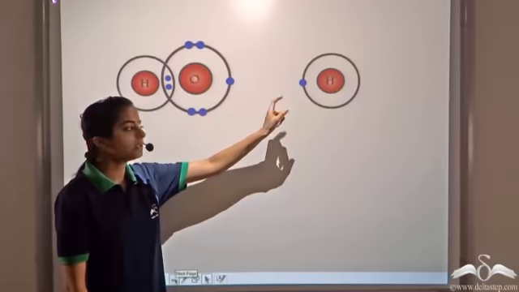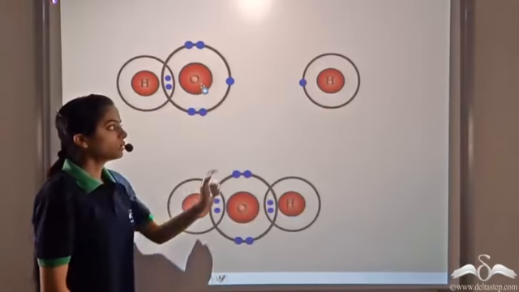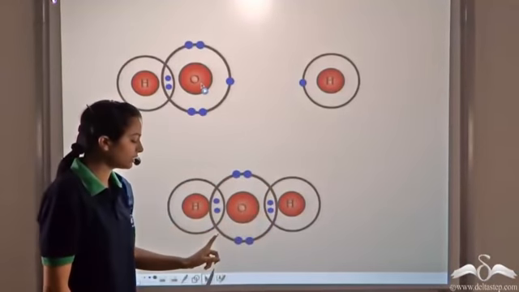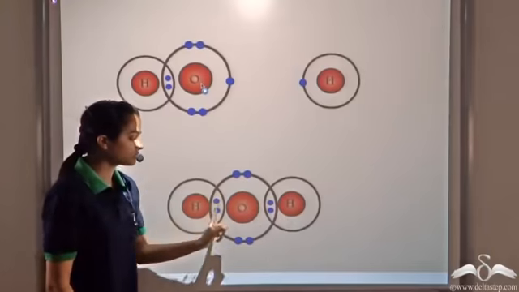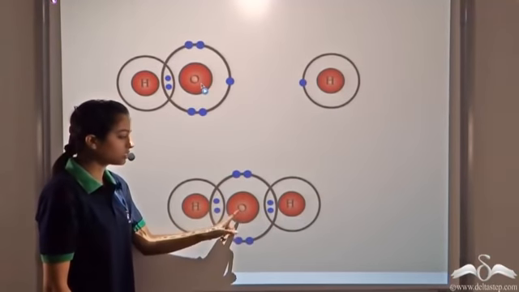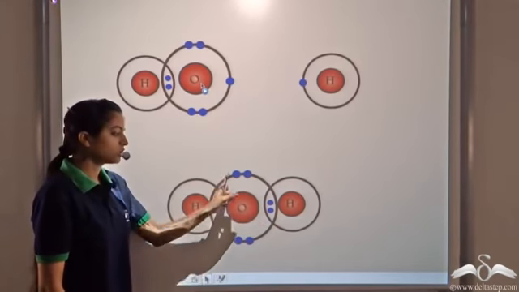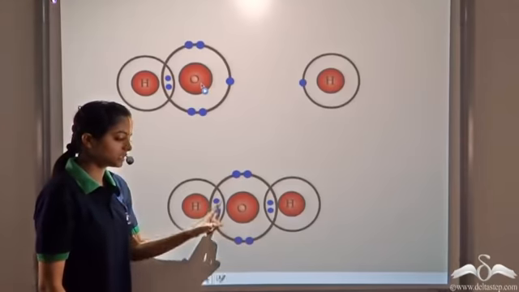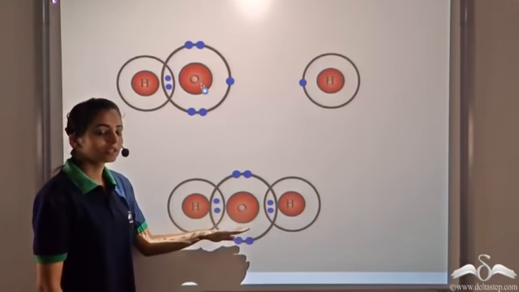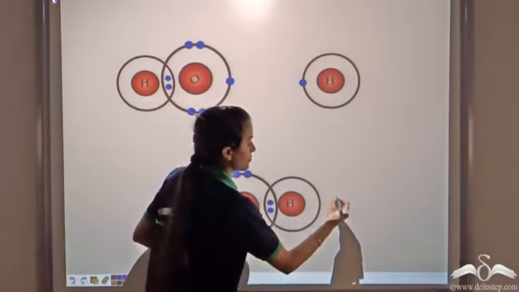So how does it do that? It uses 1 more hydrogen atom. So now 1 more hydrogen atom shares its electron with the oxygen atom. So both hydrogen atoms now have a duplet structure. So both are stable. And oxygen atom now has 1, 2, 3, 4, 5, 6, 7, 8 electrons. So octet is satisfied for the oxygen atom. So now all the 3 are stable. So this is the structure for water, which is represented as